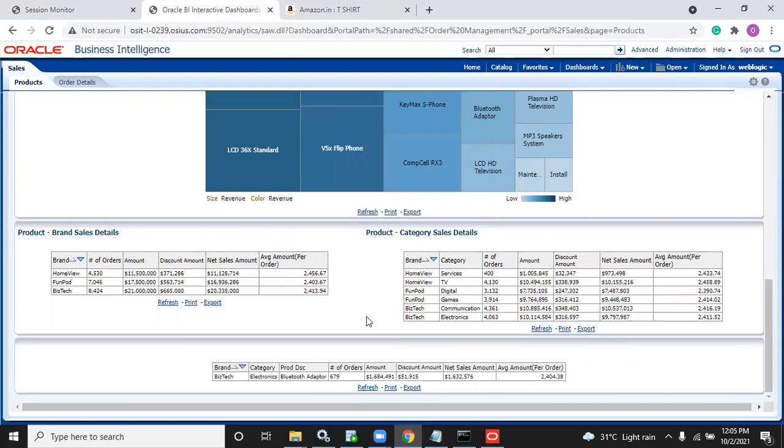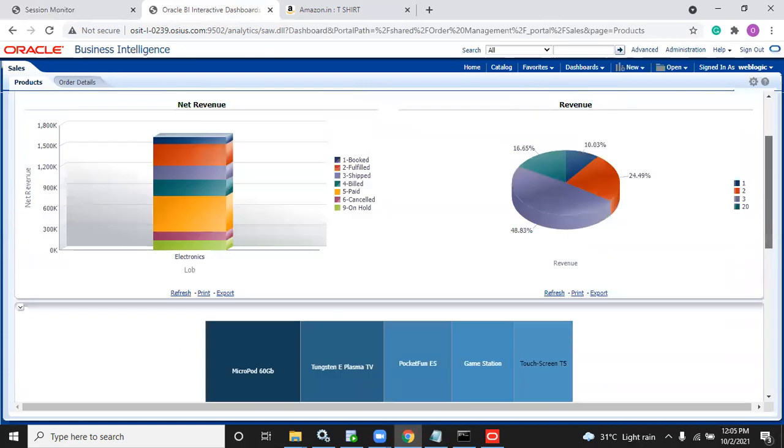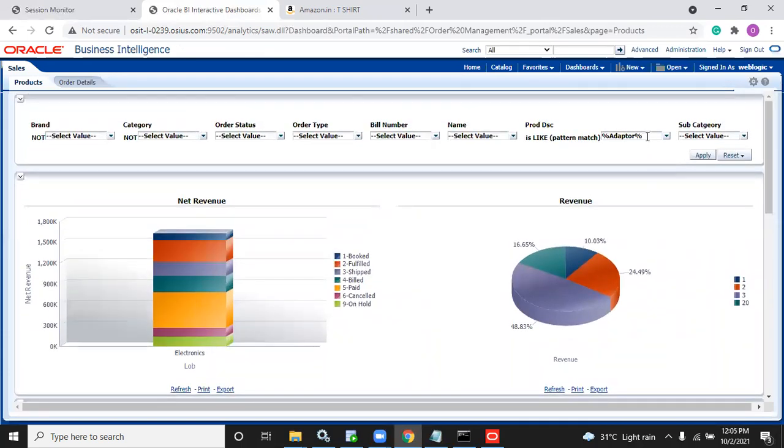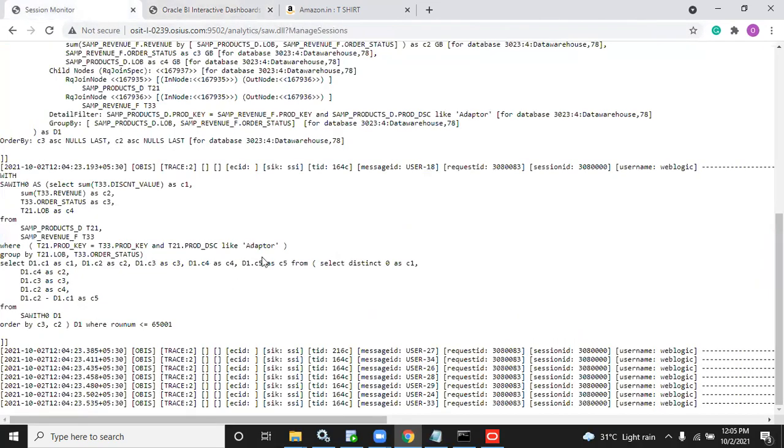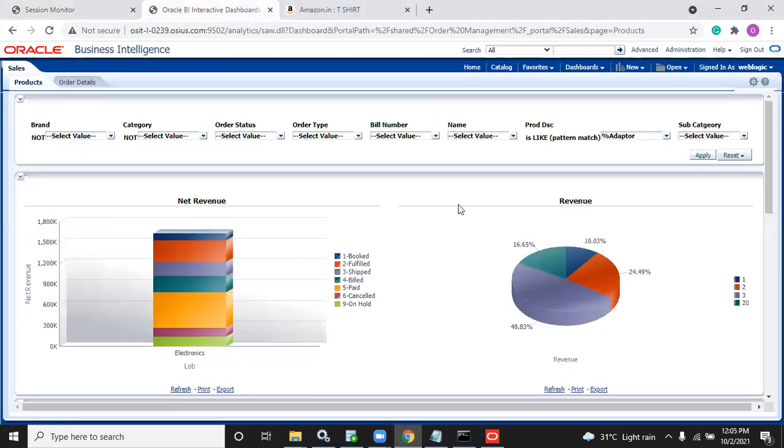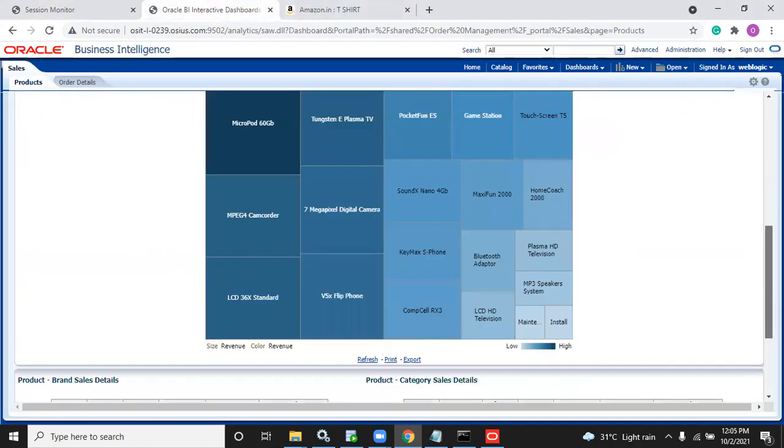Wherever there is a word called camera, this adapter is displaying that. But we should not write percentage also. Why this percentage is not coming automatically, I will check that and let you know. To debug, we will check this backend query. This is equal to, not equal to will pass.